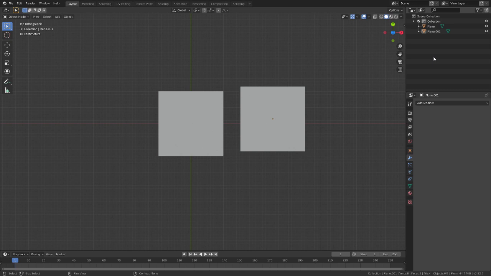Now we have two objects, doesn't make much sense, but when you start designing, let's say that this is your house and this is your something else, name it. Because in the moment you will have thousands of objects here, and it may happen quite fast, you don't know how to